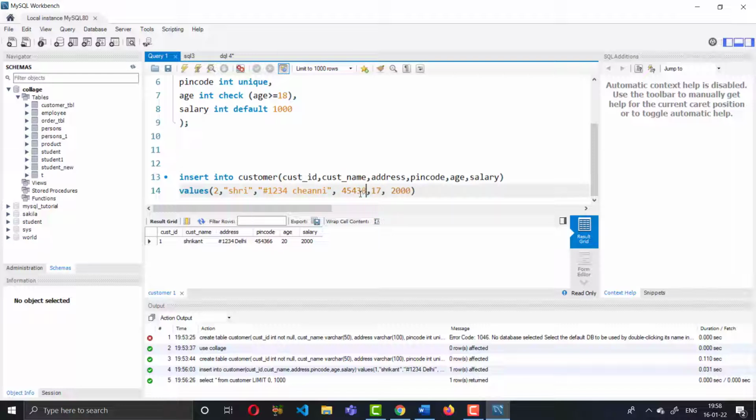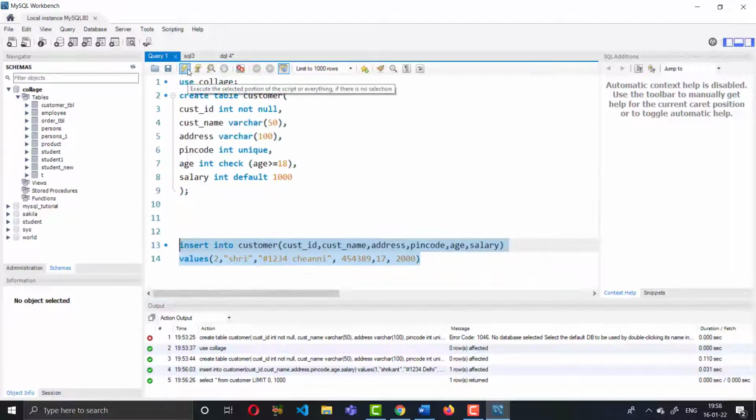And provide the pin code something different, 89. Now we are inserting the age value 17, but we have set the constraint that age should be greater than or equal to 18. The age value is not qualifying, so it will give an error.